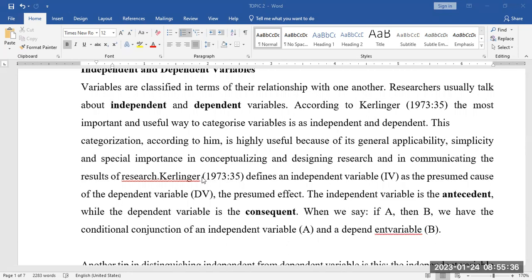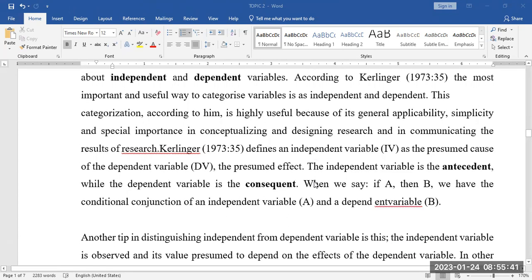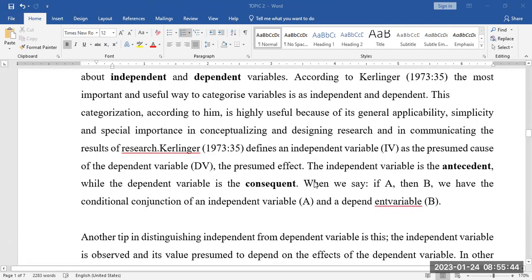Kerlinger 1973 defines an independent variable as the presumed cause of the dependent variable. It is the one that is causing the dependent variable. So without the independent variable, the dependent variable cannot be there. Then the dependent variable is the presumed effect, like, for example, when you talk about the effect of TV on young children,